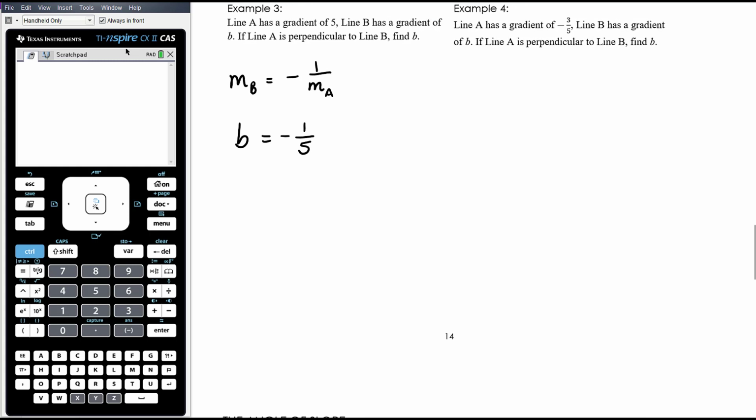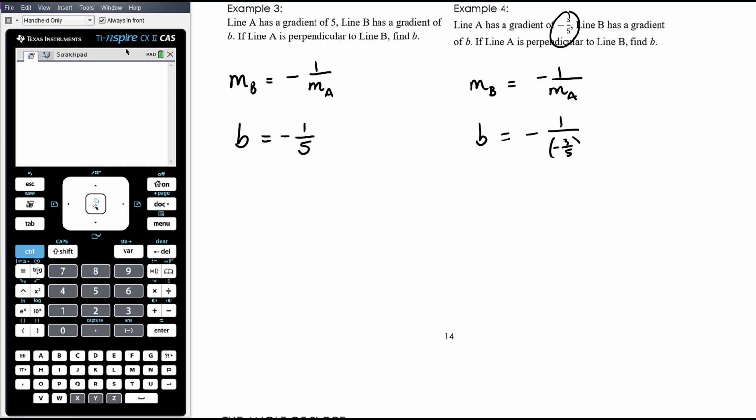Okay, example 4. Line A has a gradient of -3/5. Line B has a gradient of b. If line A is perpendicular to line B, find b. Okay, so again, same idea. The gradient of line B is equal to the negative reciprocal of the gradient of line A. Which means the gradient of line B is called b, and the negative reciprocal of -3/5, if you really want to